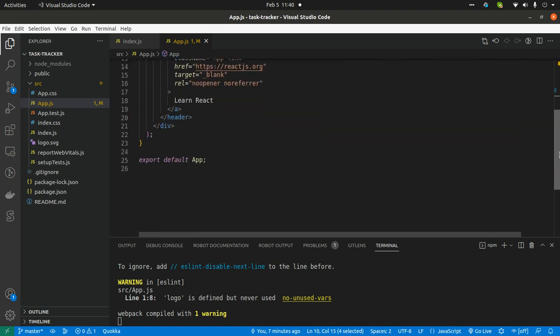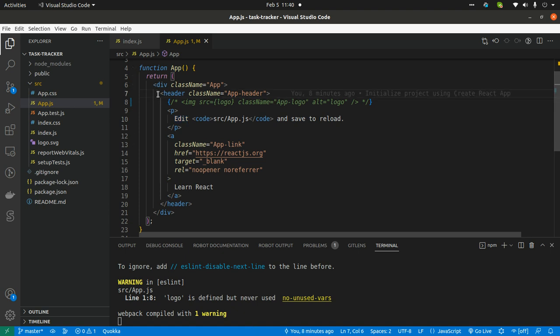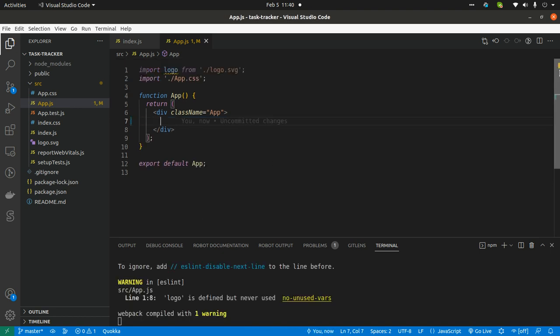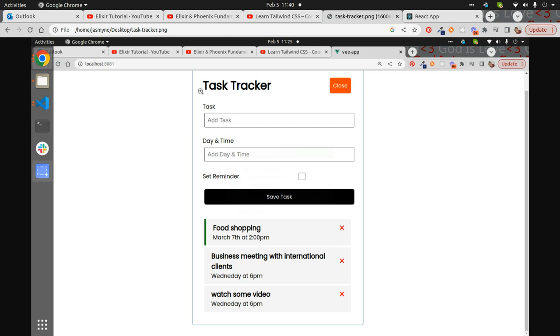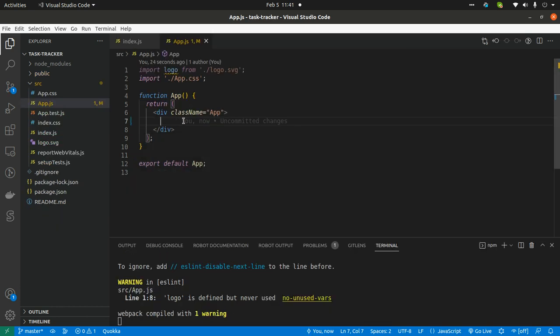And the first thing I'll do is to clear the ground, right? So I'm going to clear everything here and save my file, and you can see that everything is gone. Okay, so the first thing I'm going to be doing is creating the header, right, which is this text and this button. Okay, so how am I going to do that? So inside of my